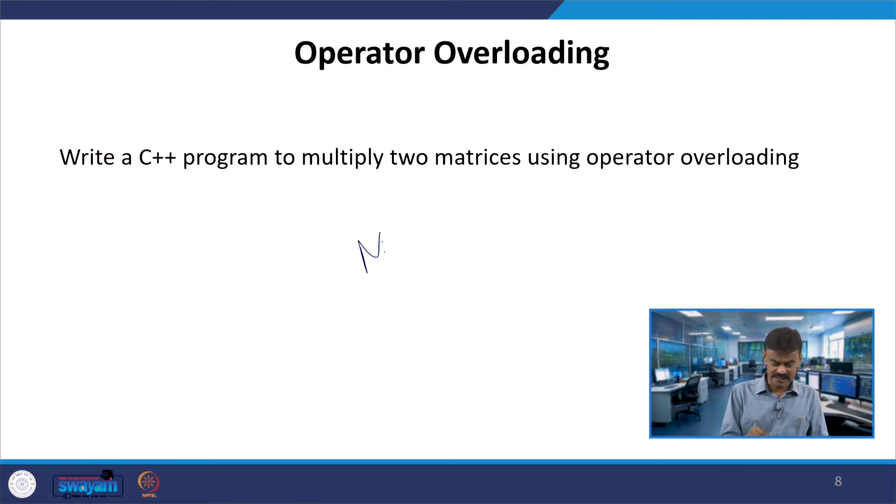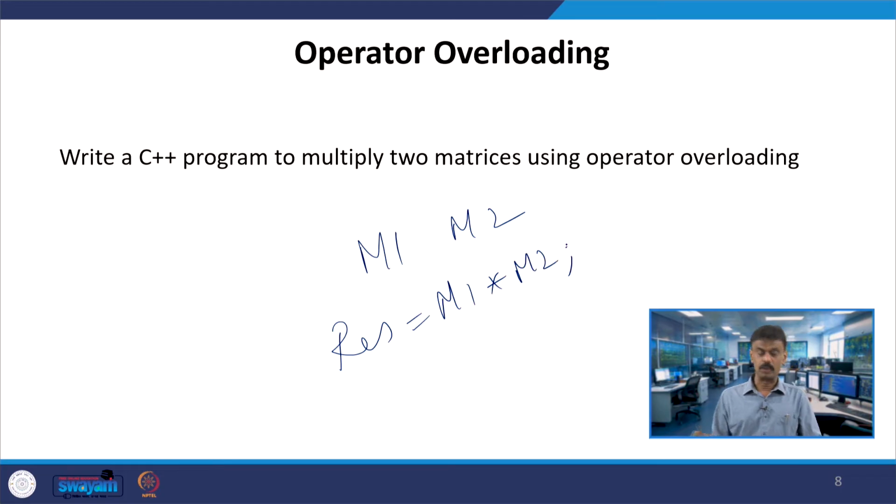I have two matrices, let us say M1 and M2. Now the resultant is also a matrix. So, can I write like this? That is the task. Now multiplication, you know, two numbers you are given, it will be multiplied. Here in this case I am going to use this star operator for some other purpose. That purpose is multiplication of two matrices.